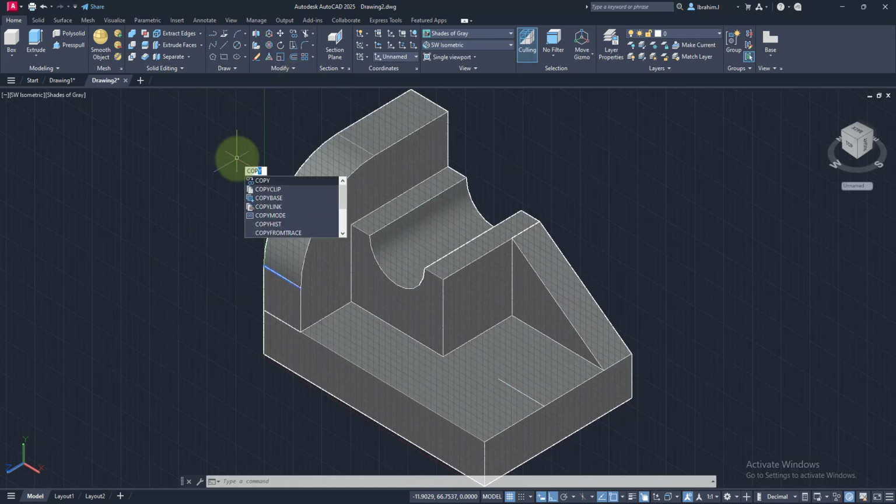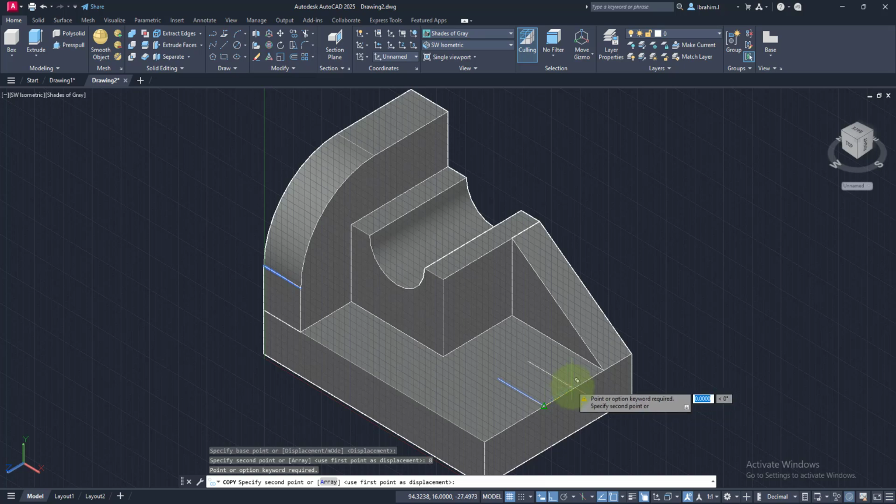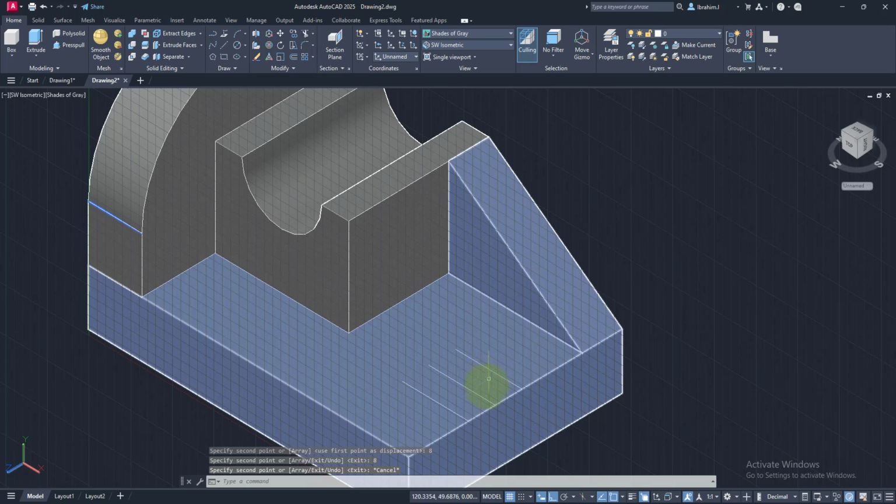So I'll click on copy, and I'll select this line that I have here, the line itself. So I'll click enter. Where am I trying to copy from? I'm trying to copy from here. So I'll go at the same distance. Copy at the distance of 8 away, 8, enter, and I'll copy at the distance of 8 on both sides. Right, now that I have both shapes created at the distance of 8,